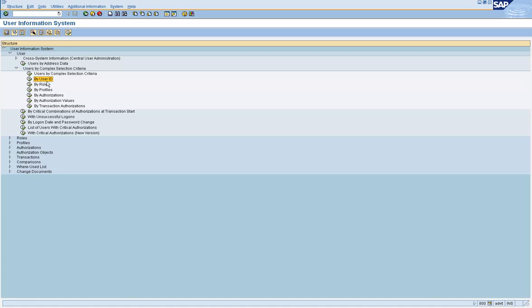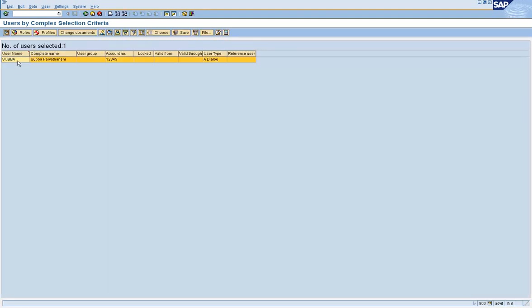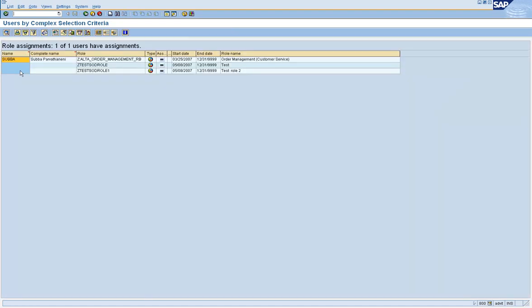Now these pieces of information you can find out from tables also. But using tables, you will have to find out the user ID. I can find out what roles are assigned to a particular user ID using the table AGR_USERS. But AGR_USERS does not give me my complete name. So that you will have to find out from USER_ADDR.